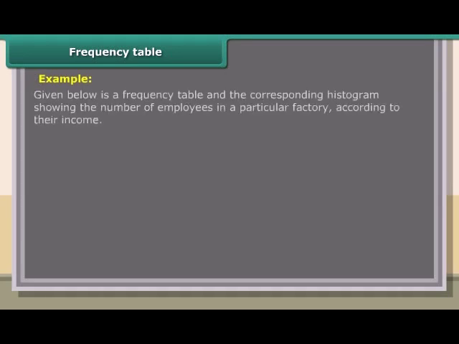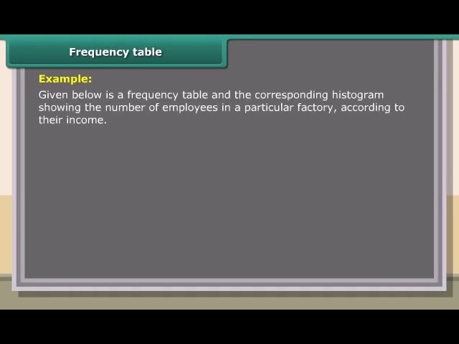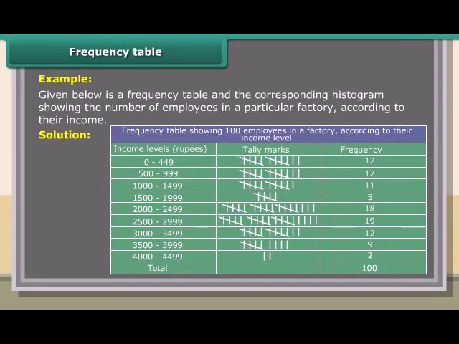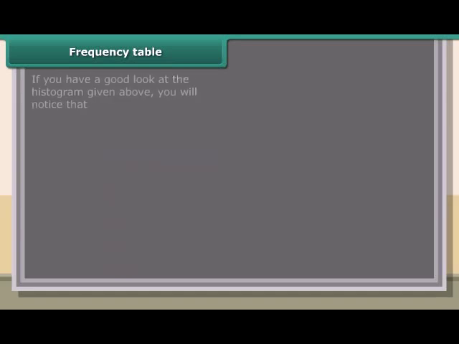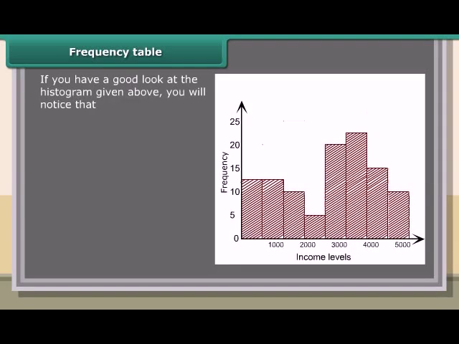Example. Given below is a frequency table and the corresponding histogram showing the number of employees in a particular factory according to their income. Solution. Frequency table showing 100 employees in a factory according to their income level. If you have a good look at the histogram given above, you will notice that